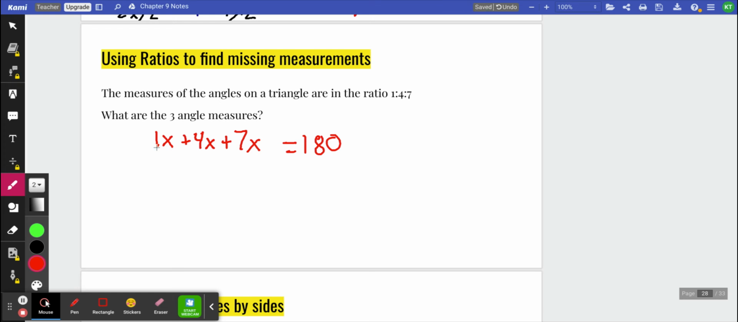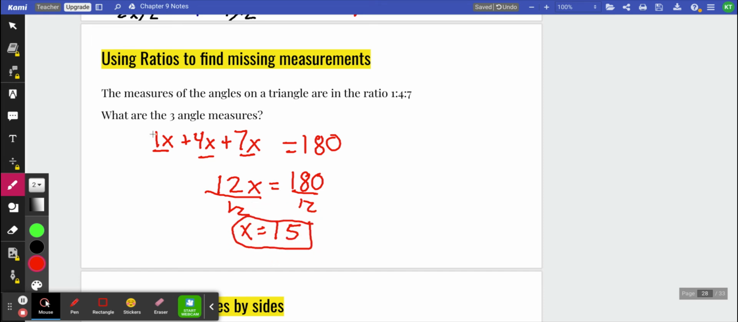So to solve, right, these are all like terms, right? 1 and 4 is 5, and 7 more would be 12x equals 180, right? So if I take 180 and divide it by 12, we get x equals 15. Now, the question says, what are the three angle measures? The three angle measures are not 15, right? I have to actually plug that in